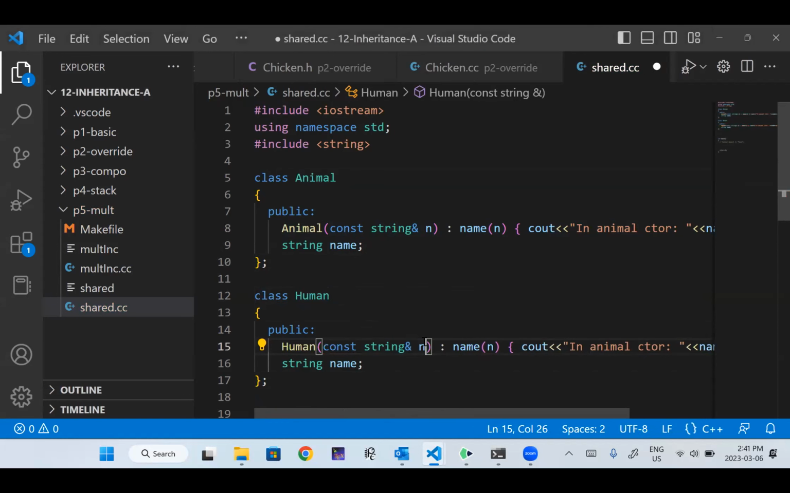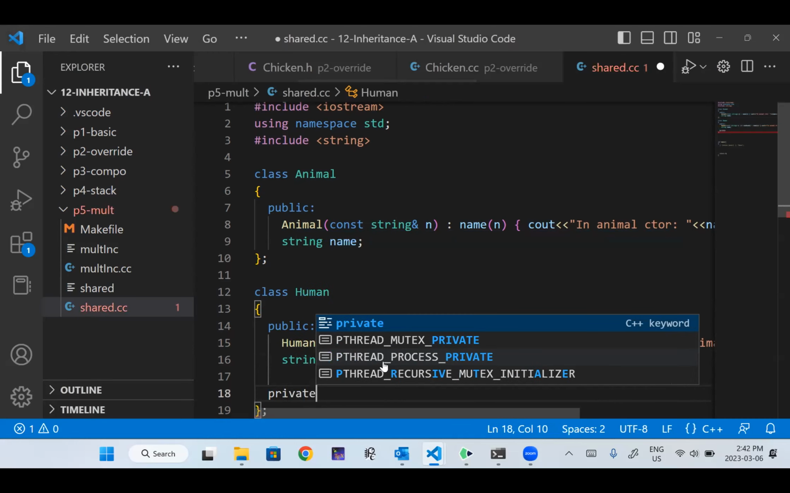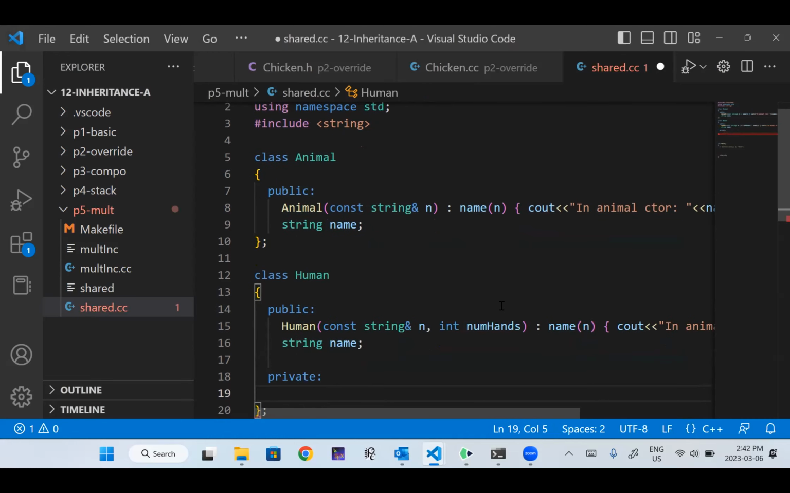Okay, so my human is going to take, of course, a name variable because I still need to initialize this animal base class, but it's also going to have an int called num hands. And then we will add a private member variable. Or maybe num arms is the, yeah. So a human being has a number of arms that we can initialize. Mostly 2, but